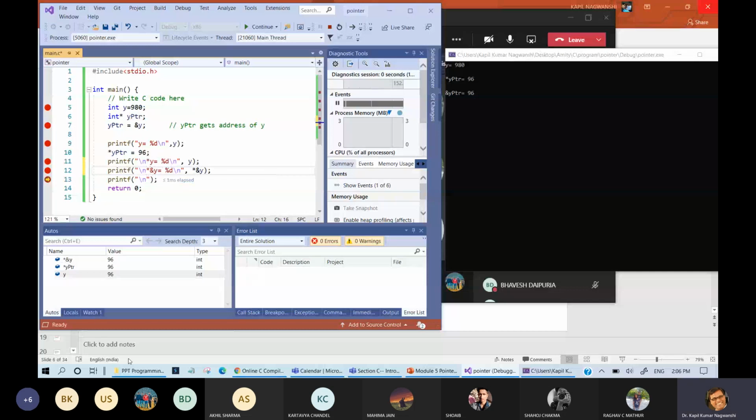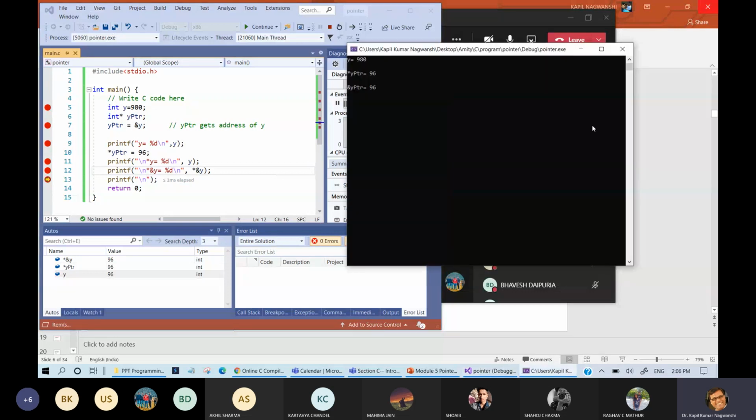Okay. So initially we started with y equals 980. y equals 980 is our traditional computation. Whatever we have done, we completed in this way.